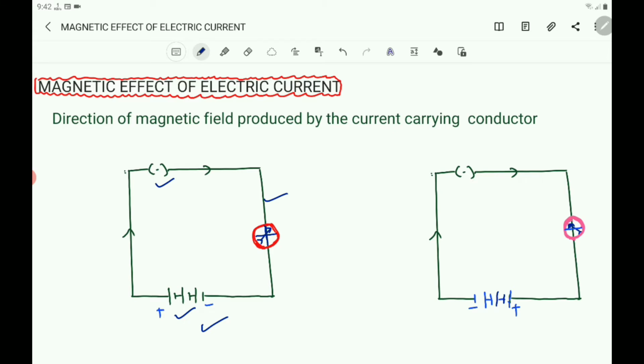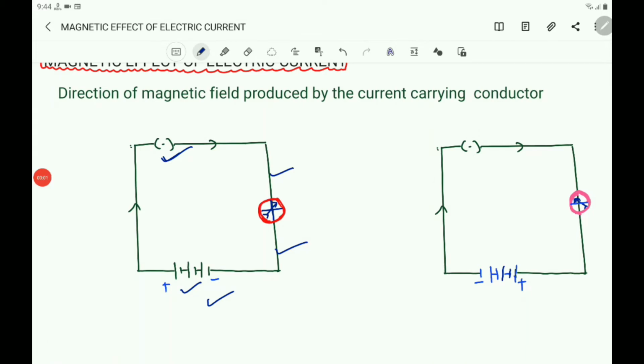What you have to take? You have to take a long straight wire, plug key and 2 or 3 cells of 1.5 volt. Take a compass needle and keep it below the straight wire. Place the straight wire parallel to and over the compass needle. The wire must be parallel to the compass and it must be above the compass.